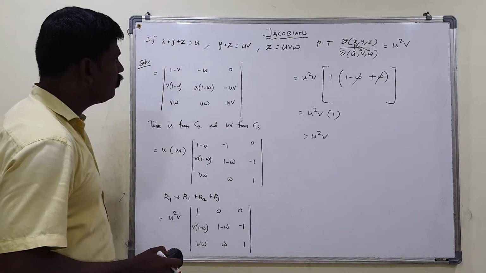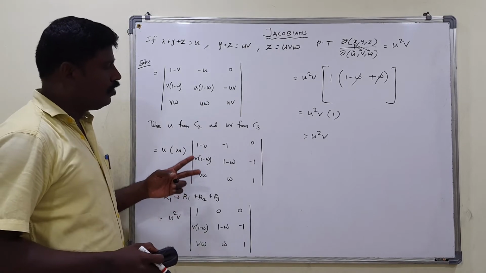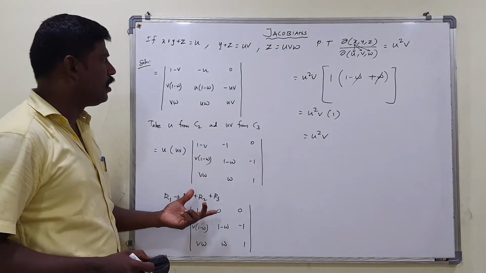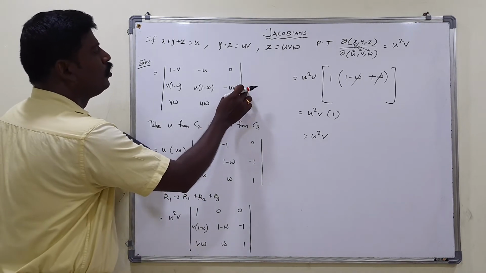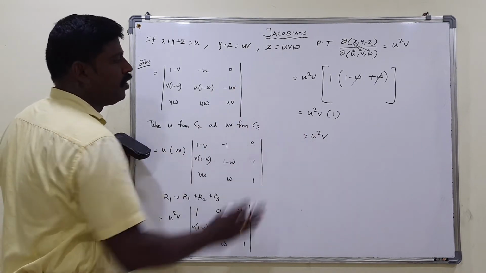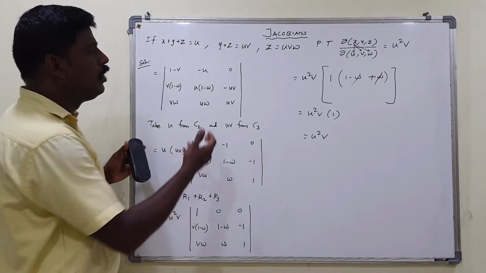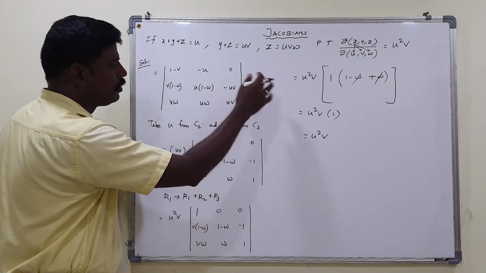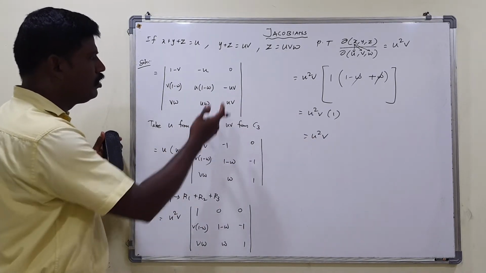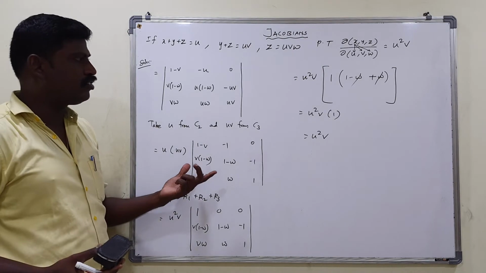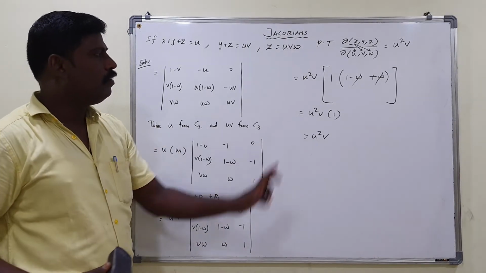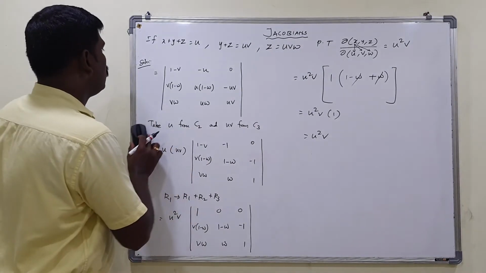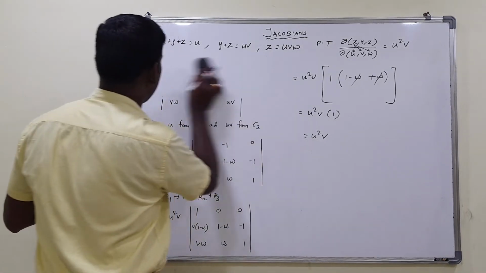That's all. If you are not able to apply the elementary transformations in determinants, you can directly go for simplifying through this determinant. You can get the same value. So you may follow any one of these two methods. Directly expand through R1 in this step and simplify, and you will get the same result. Or otherwise, you can apply the simple elementary transformations in determinants to get the value very simply. You may follow any one of these two methods to find the answer. That's all. Thank you. Next one.